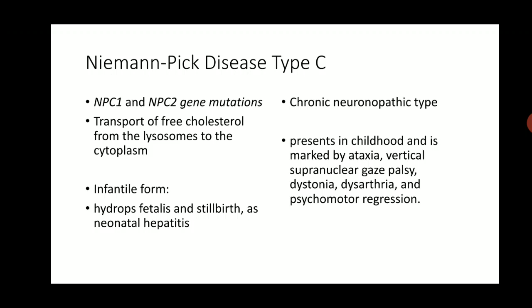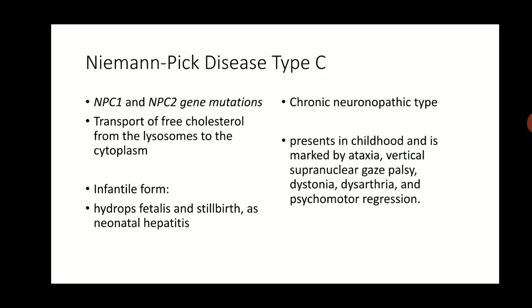The Niemann-Pick type C disease does not involve mutation similar to the type A or type B. Rather, it involves mutation in the NPC1 and NPC2 gene. Here, the problem is transport of cholesterol rather than sphingomyelin, and the cholesterol is deposited within the lysosomes. There is an infantile form, which is a very severe form. It leads to a condition known as hydrops fetalis, that is, the fetus is totally swollen and there is a lot of edema within the fetus, hence the name hydrops fetalis.